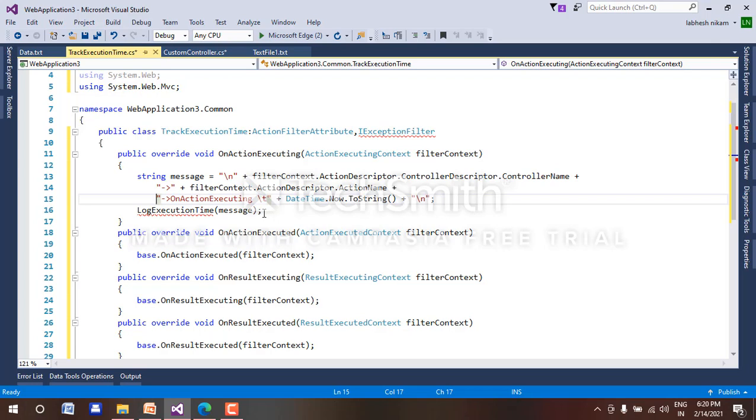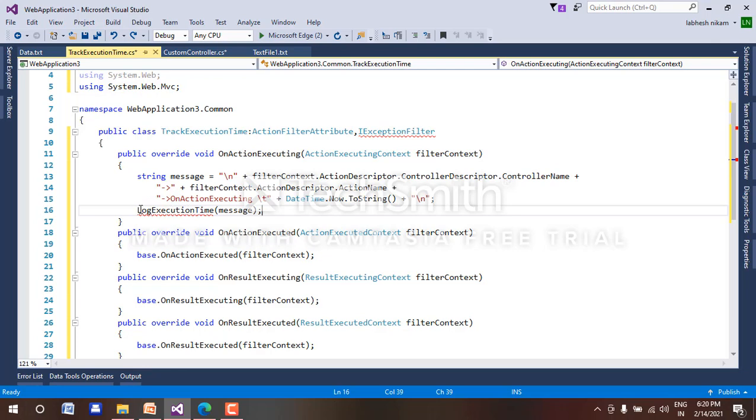Let's delete this, no need for this here. No, it's needed, so control Z again, because we have to display the message of log execution time.